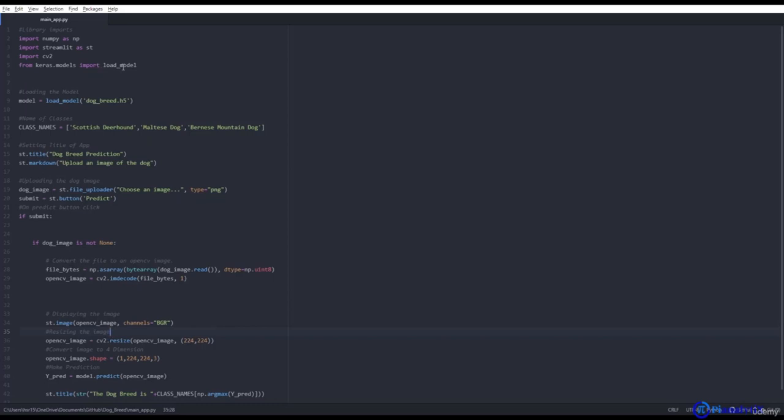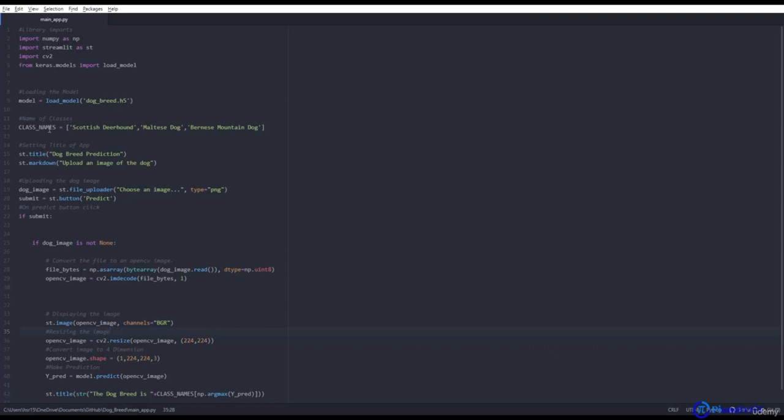So in order to start our app, the first step that we should take is to load the model that we have already created. In order to load the model, I have used this function load_model and load our model dogbreed.h5 into a variable named model. What this command will do is save our model into this model variable.